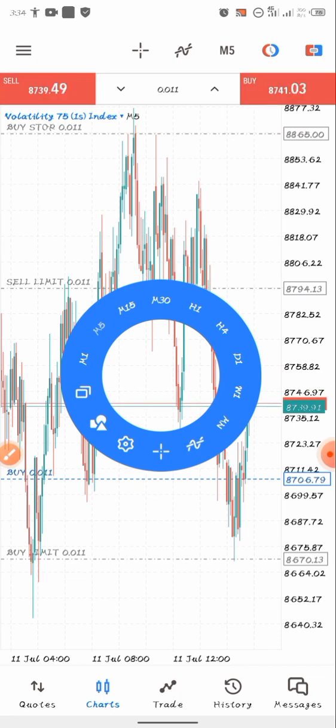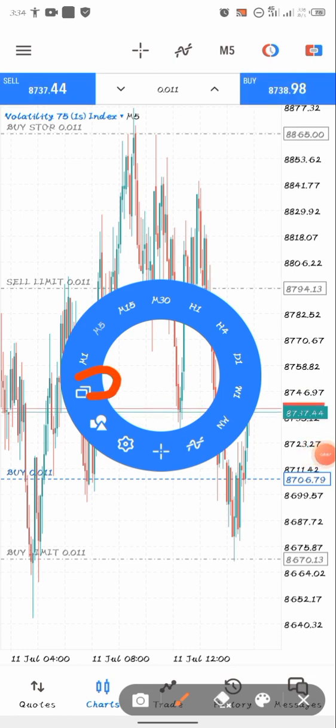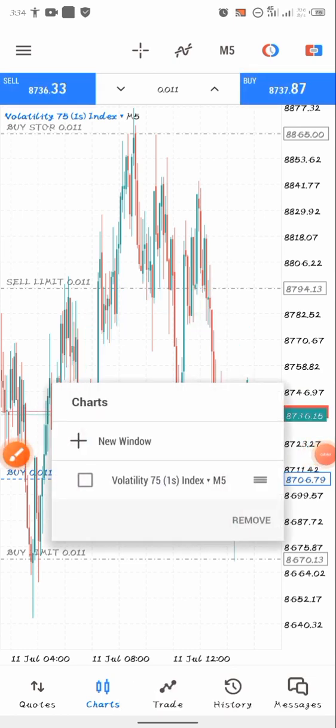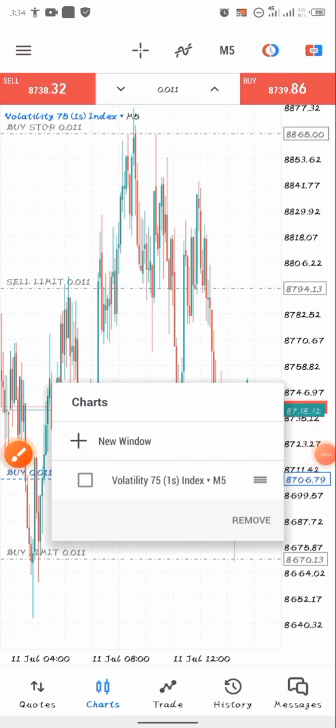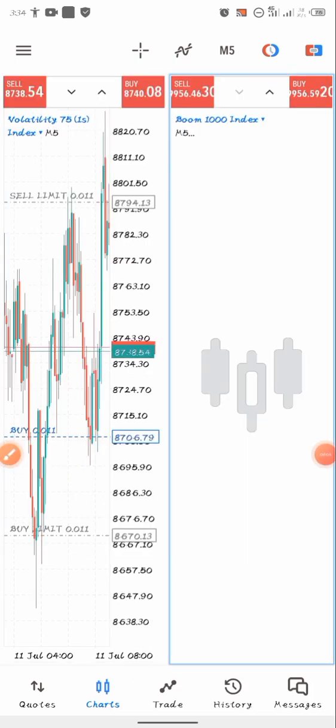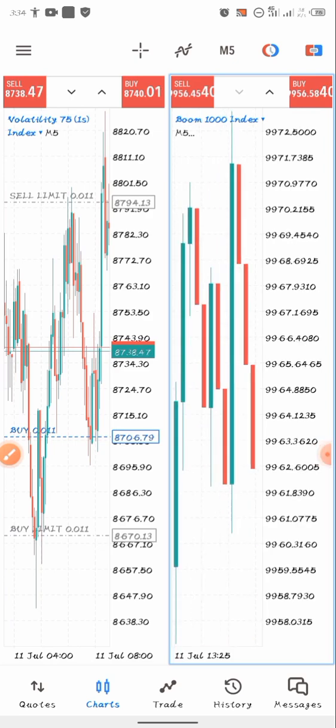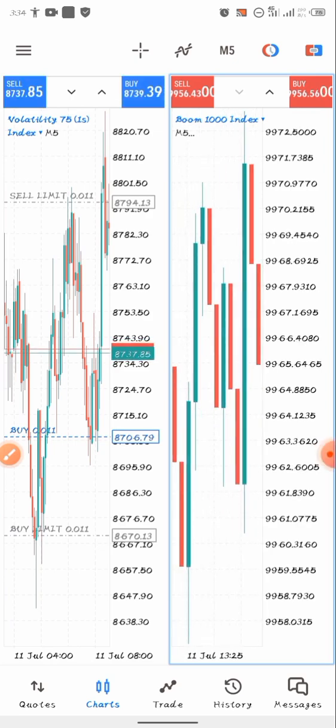Then let's say you want to have multiple charts. Click on this icon right here. After clicking on it, you will click on new plus, which is the new window. After clicking on it, it will automatically add another chart for you. So you can change the